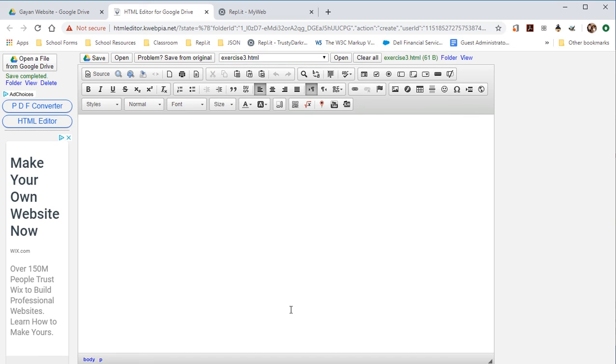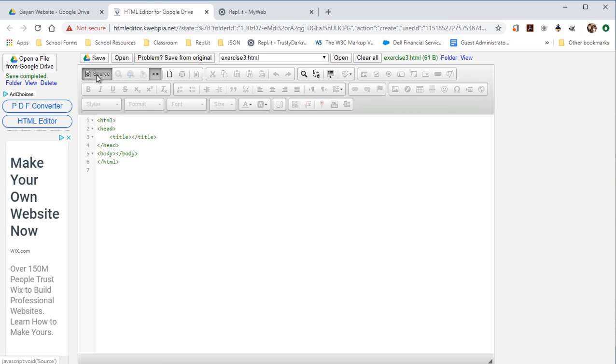Before we start talking about these buttons, just a note. This is design view, so I can click right in here and type. But I can also jump to source view. In source view, you will see that it does put in basic code for a web page. Notice it doesn't even have a doctype. But what we're going to be concerned about is what we add to the body. Once we add it to the body, we're going to copy that out and paste it into our repo,